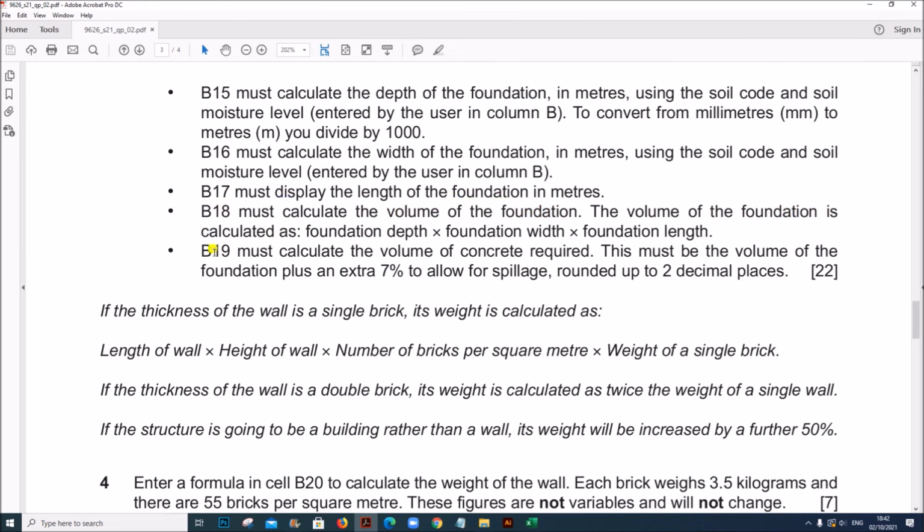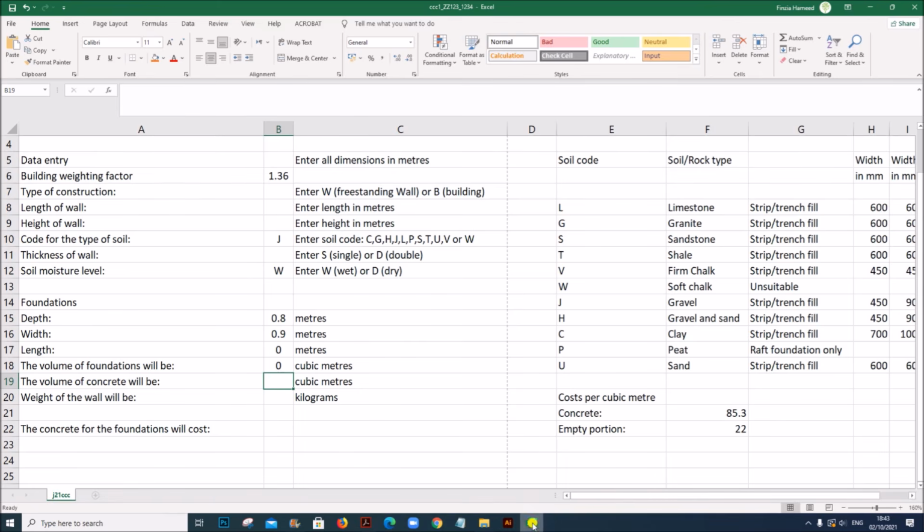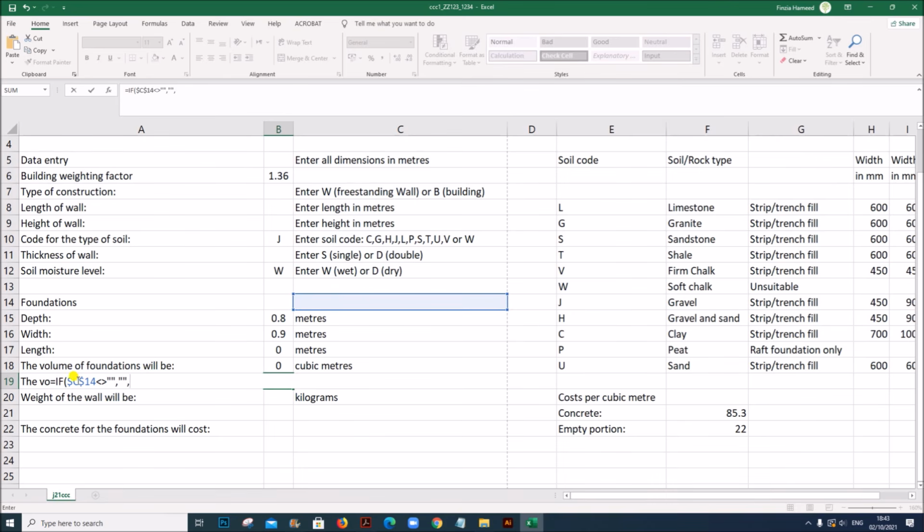Next, in B19, you have to calculate the volume of the concrete required. This must be the volume of the foundation plus an extra 7% to allow for spillage, rounded up to 2 decimal places. So here also I'll give the formula, equals if C14 is not equal to blank, blank is displayed, otherwise the calculation. So the calculation is given by